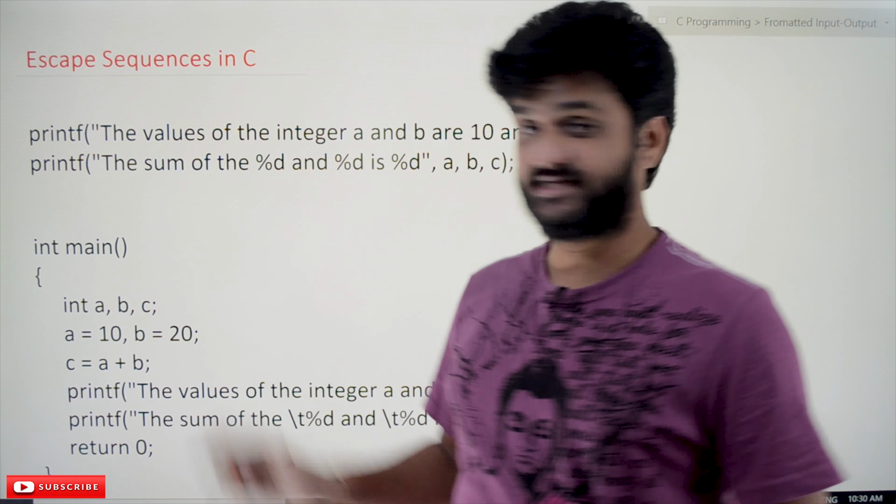Similarly, there are different types of escape sequences. One is \t, which we have used in our program. \t means tab space. In \t %d, the value stored in a will be filled in the %d place, but a tab space is maintained first. So this tab space will get created, and after that, the value of a will get printed. That is the use of \t: in order to create a tab space within the format string, this escape sequence can be used.